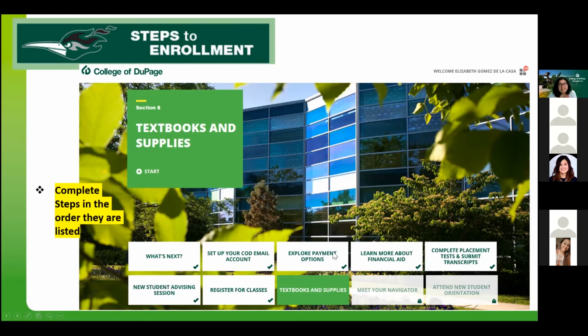So in today's session, we're going to hear from our financial aid office, which you can reference a lot of the information in this button here. And then we're also going to hear from counseling and advising, who are the counselors that you'll meet with for new student advising session. After you meet with a counselor in new student advising, you're now ready to register for